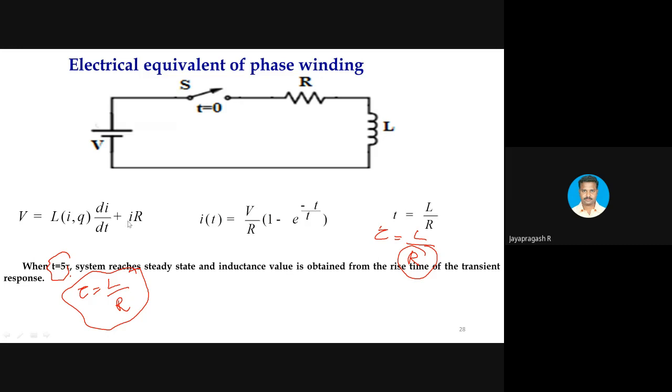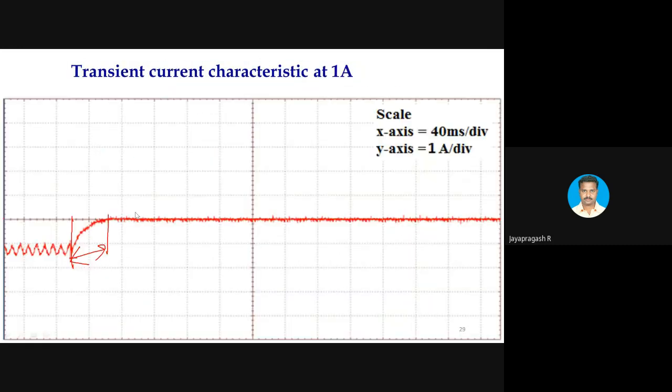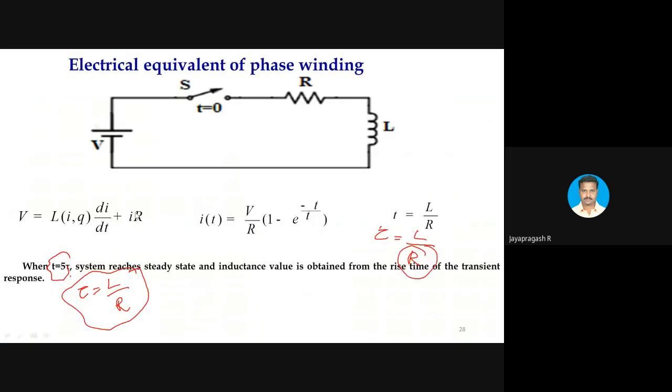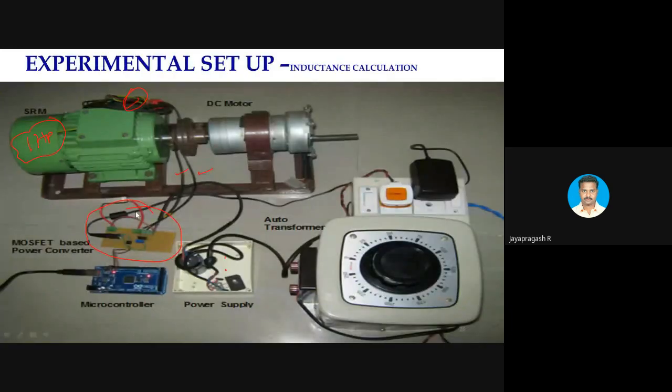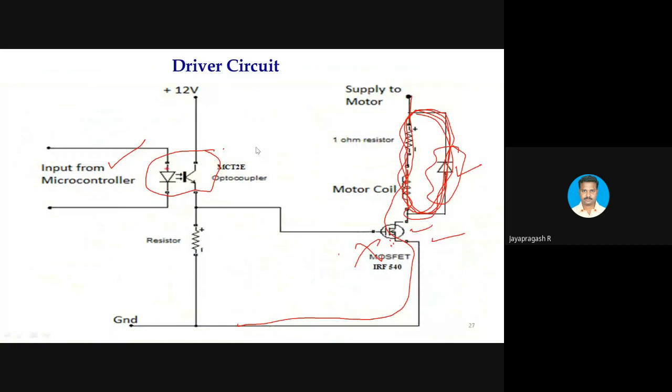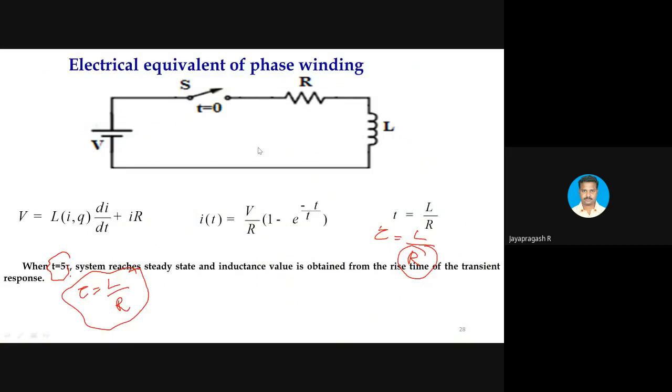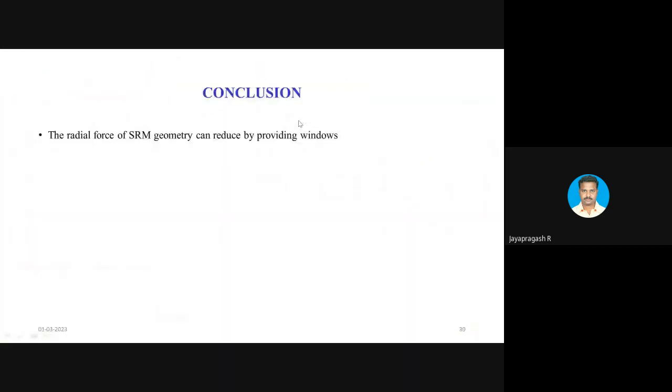There are many techniques presented in the literature. You can go through them. I found this very simple, so I used it and we matched it. We have got the correct value. Just to explain this, I used the existing machine with me. For the one for which we calculated the tractive force, which is under fabrication, probably I can show you the experimental setup later. So the conclusion is, for the radial force of SRM,